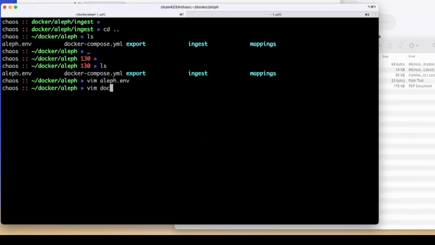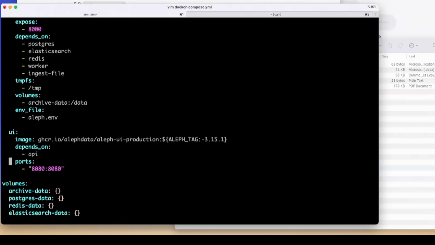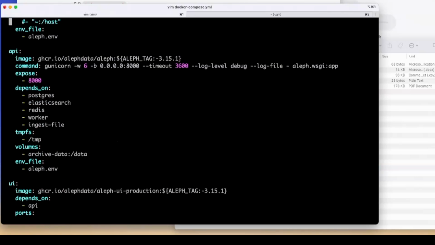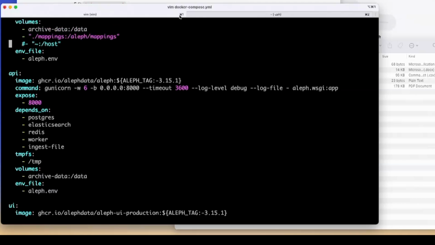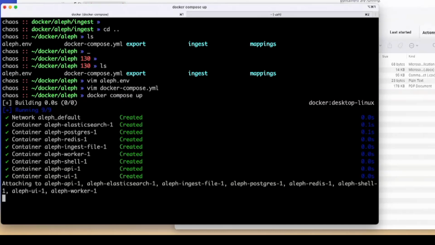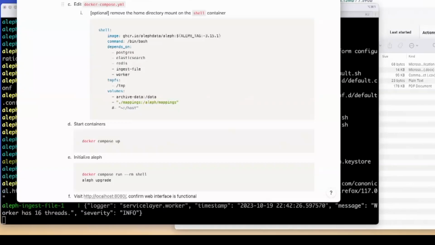And then the Docker Compose, of course, it's Docker. It's always Docker. If it's not, I don't use it. Basically, this is all completely off of the GitHub. The only change I made was, it mounts the home directory into the container, which I just don't love. So I commented that out, but that's it. Let's pull up the containers. I already have these downloaded, so it should work. That's famous last words, it should work.